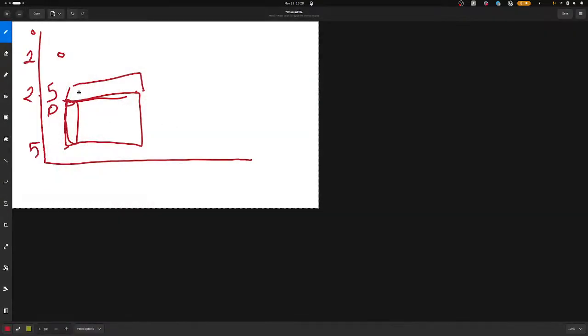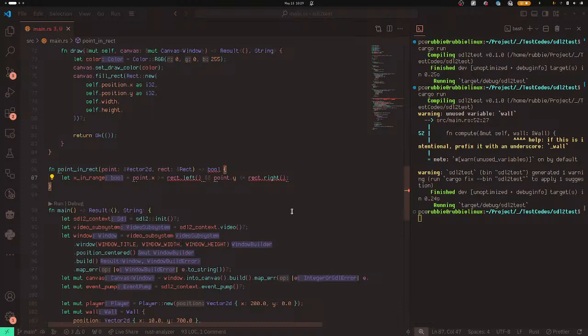if x is greater than or equal to this part of x here of this rect, from here towards this direction is greater than, while this is the right. If the x is less than or equal to this, from here towards this direction, that would mean the position is inside this range of x values, and it has collided with this guy on the x coordinate. So if this is true,